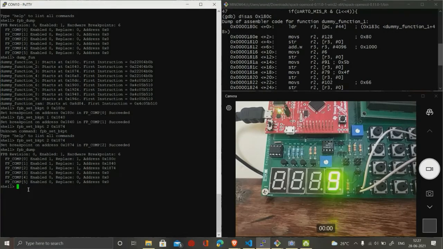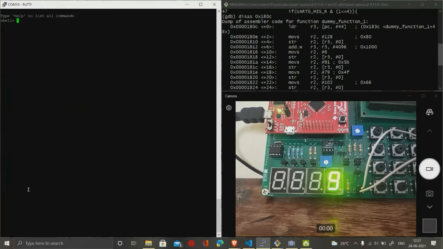So now we can call all the functions. To call the function, we use this command called call_func.